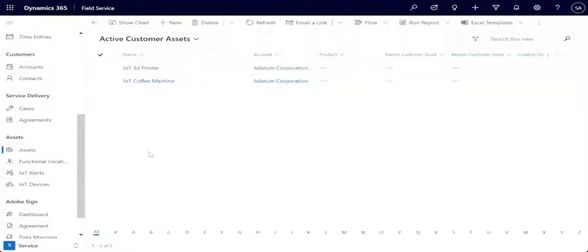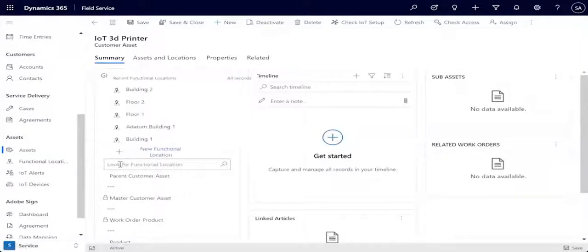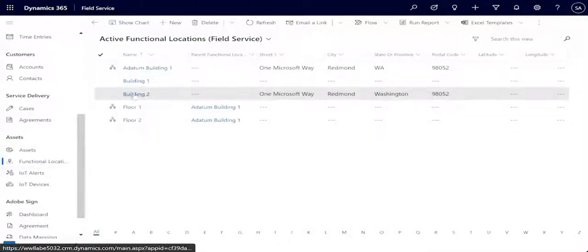All right. Now, what I can do is if I come back to my customer asset here and I select on this 3D printer, I can now have a functional location. So you can see here I want to actually add it to building 2. And so now that lets me know that this IoT 3D printer is located in building 2. Now if I wanted to, I can actually, I'm going to select save real fast. I'm going to come up to my functional locations under assets. And if I look at building 2,